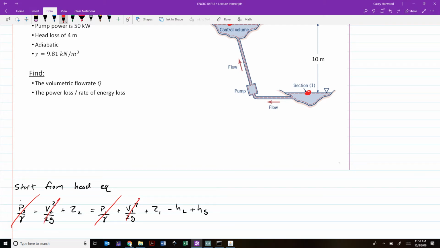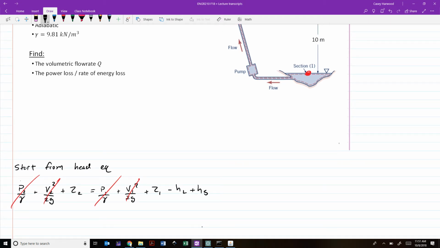And so what we've got at this point is a change in elevation, Z2 minus Z1, that's obvious. That's given in the problem, it's 10 meters. Head loss, which is given, and so there's only one unknown, and that's the shaft head, this H sub S. And this H sub S now